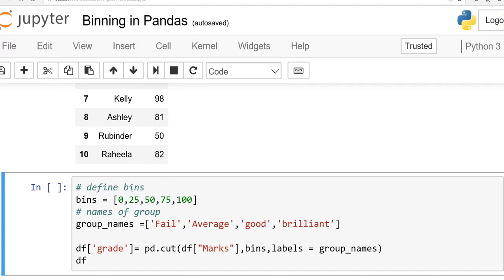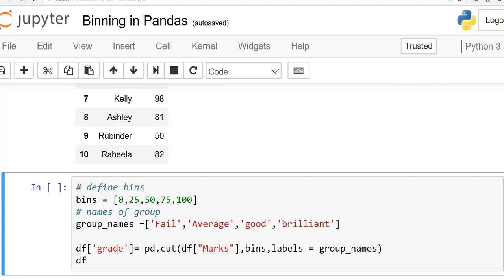We can do this with the help of this scenario. Here I have written define bins. First of all, you have to define your bins. I said here I want to make 4 bins. It's up to you or according to your data or scenario. So start from 0. Again, it's up to you. If you want, you can start from the minimum value, but I said okay, from 0 to 25.